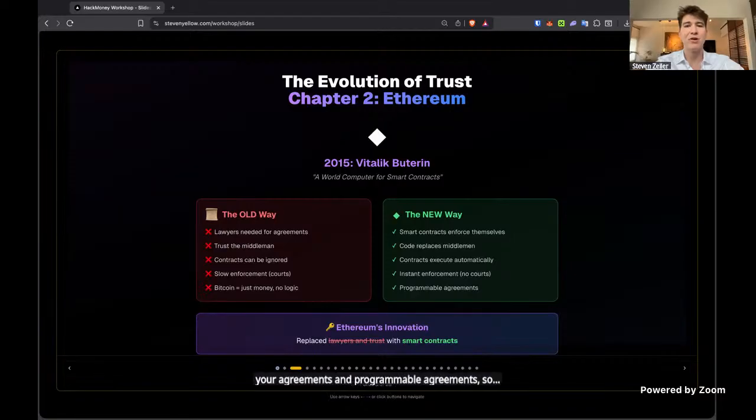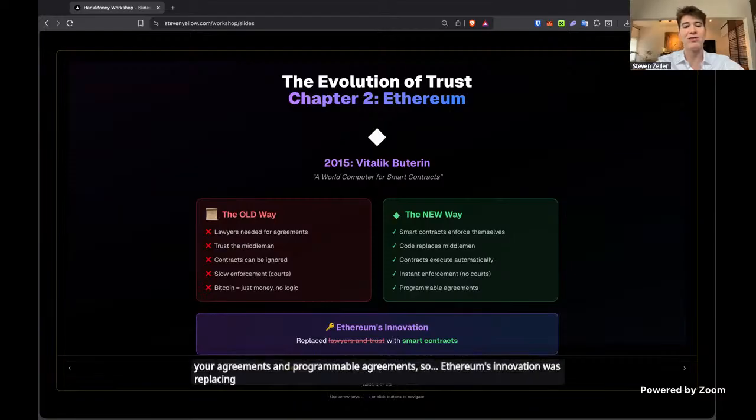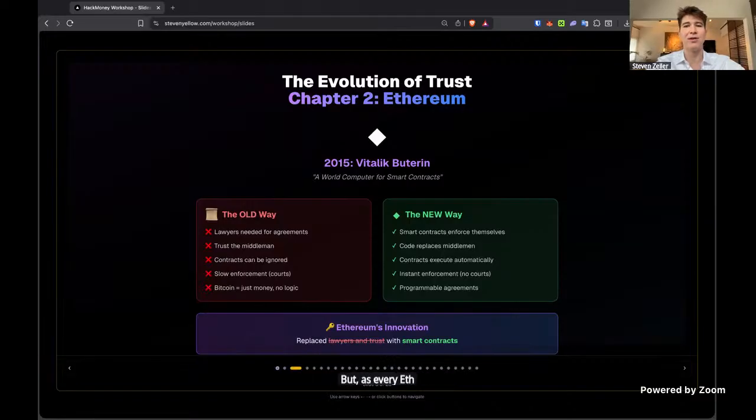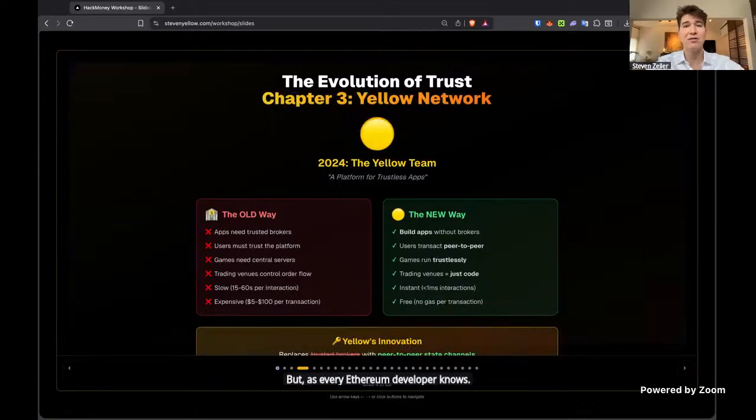Ethereum's innovation was replacing lawyers and trust with smart contracts. But as every Ethereum developer knows, there are still a lot of user experience problems with building applications on Ethereum.